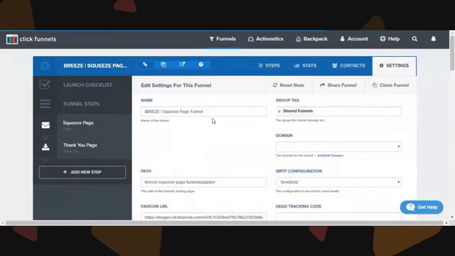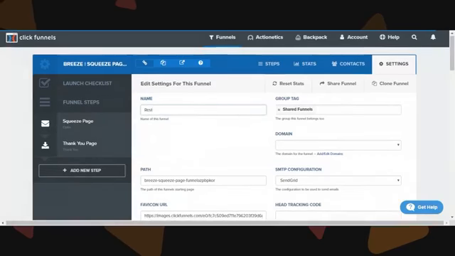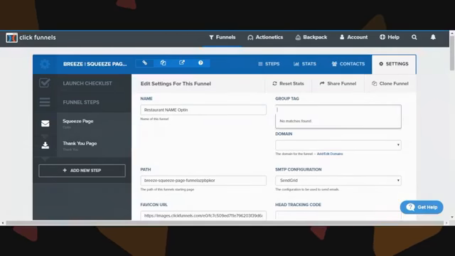All right, so the first thing I'm going to do is change the name of this funnel. And I'm going to call it Restaurant. I put name here so that people would put their name. I'm going to call it an opt-in. They're calling it a squeeze page, but I'm going to call it an opt-in for my business. I don't want it in shared funnels. I want to put it in, and here you can select and group your funnels if you have a bunch of them, but we're just talking about one, but I'm going to put it in